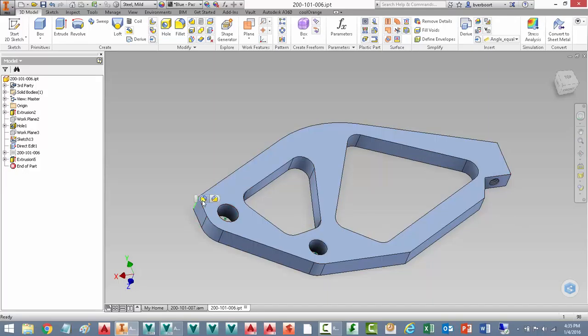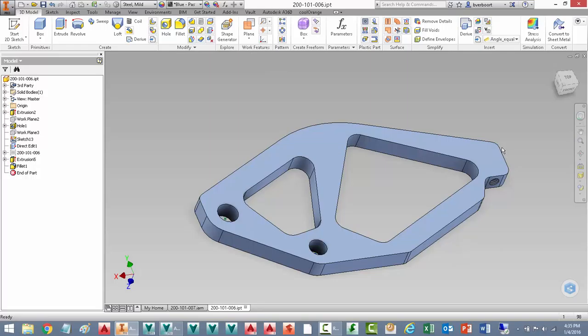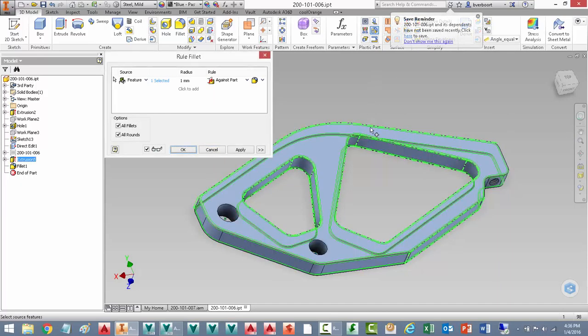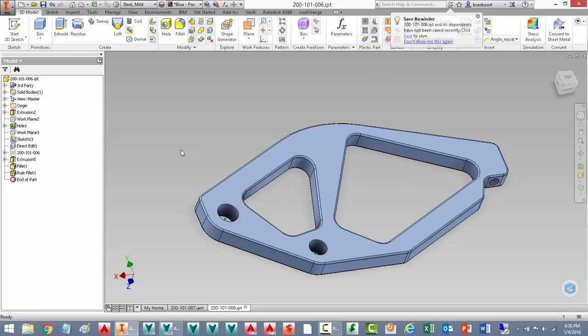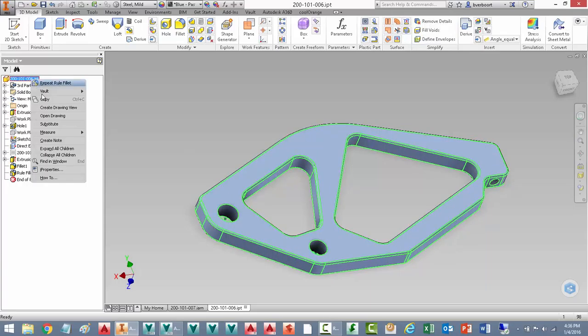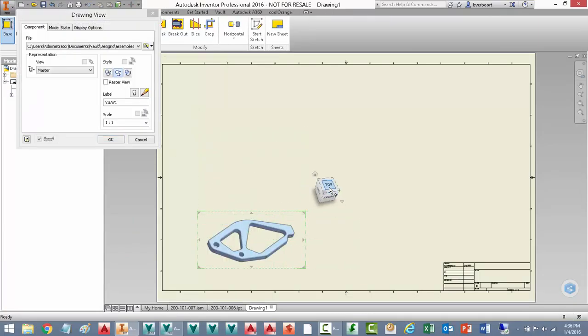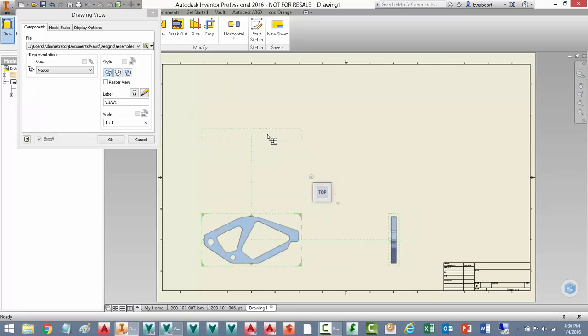At this point, I'll do a little additional filleting on some of the sharp edges that are left from the process that we had. Again, a conventionally machined part, and we'll go with a 5mm fillet radius. In addition to that, we can use some filleting tools known as a rule fillet. And then let's create a quick drawing using a standard template to place a couple views